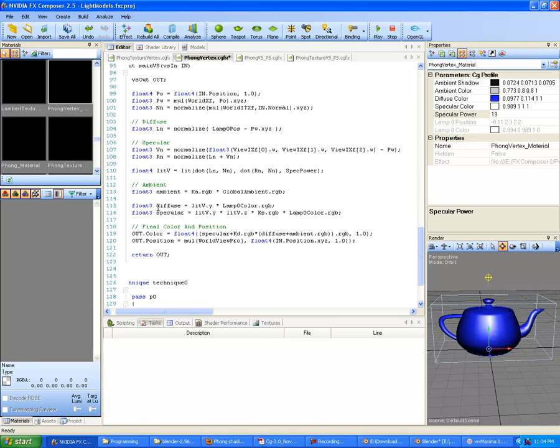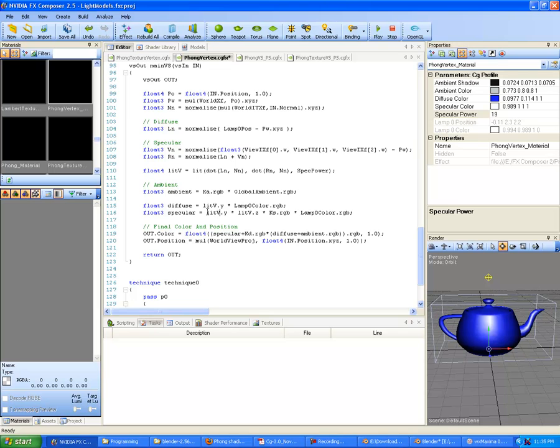Here's the float3. I already talked about the overall diffuse value here, float3. And now let's do our specular. In the case that we're doing our specular, I'm taking the diffuse coefficient times the specular coefficient times the ks.rgb coefficient, which is going to be our ks color, or our specular color, which is this control here,